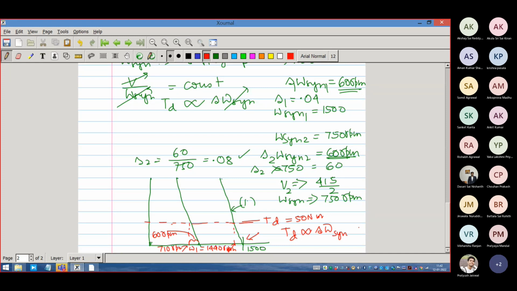This is possible only when you can adjust the terminal voltage of the machine, along with the synchronous speed of the supply, which will produce a different